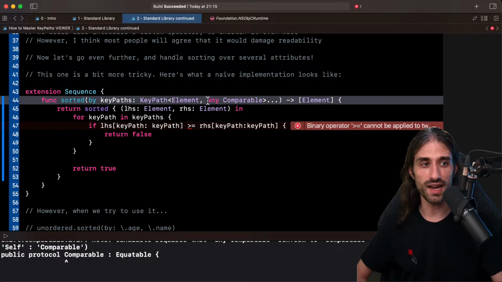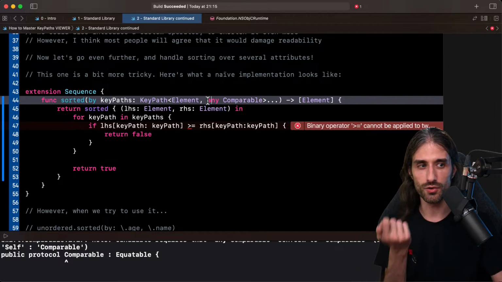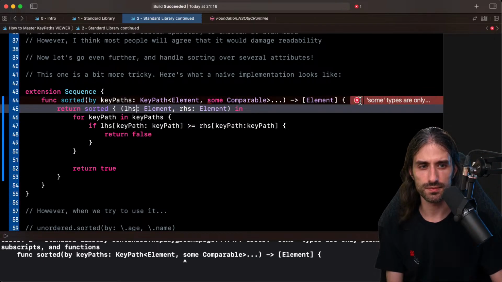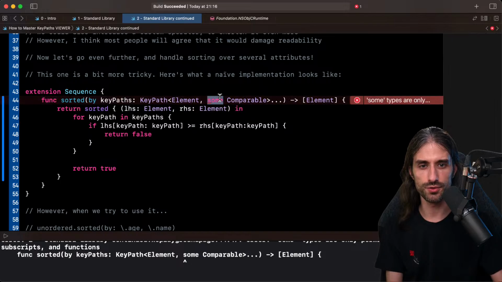The key path could return, say, an int one time out of two, and a string the rest of the time. Let's see if some could help, but I don't think so. Yeah, no, you cannot use it here.